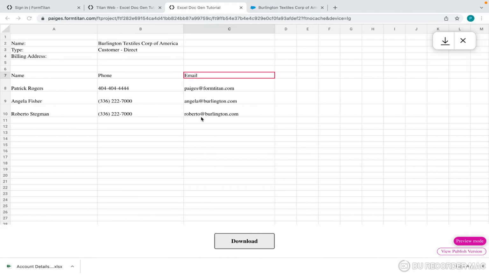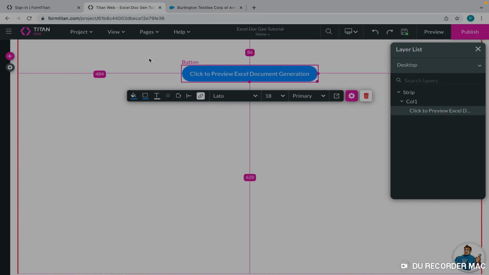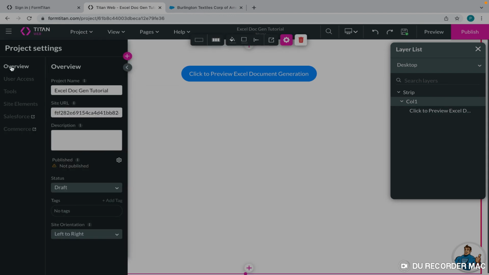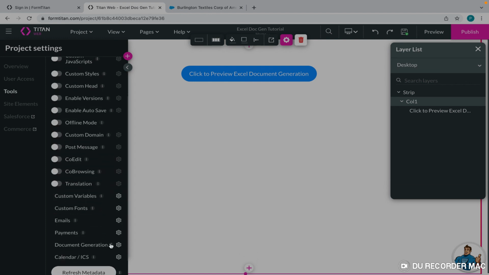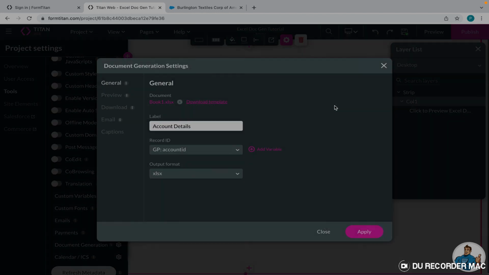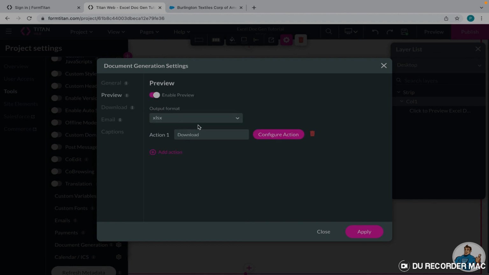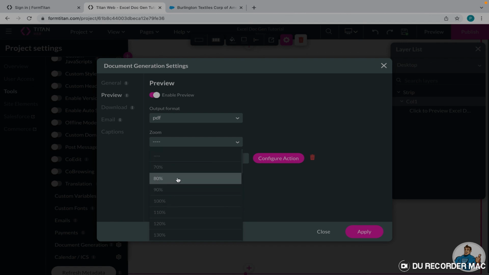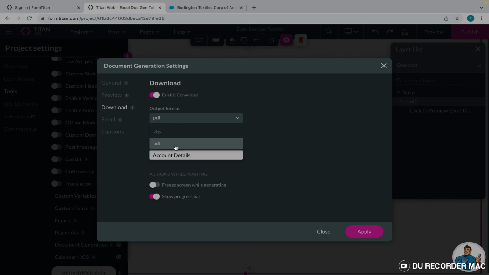All right, let's go back. Now I'm going to do a couple new things. We are going to change it up so that we can see it in PDF format. So let's go back to Tools, go into our document generation. We'll edit our template, and we're going to change all of these to PDF. So we can choose how close we want it to be zoomed. I'm going to choose 80%. We'll see what that looks like. Download, again, let's change it to PDF. It looks like it already changed for us. Cool. All right. I'm going to click apply,